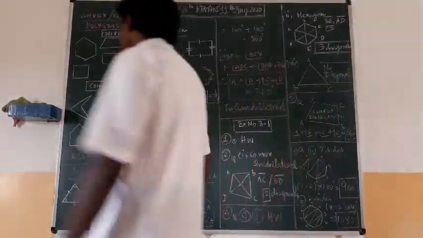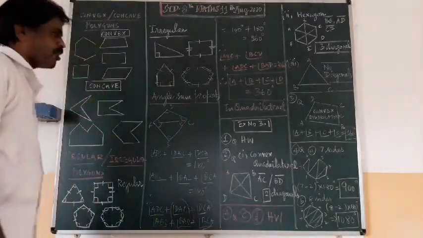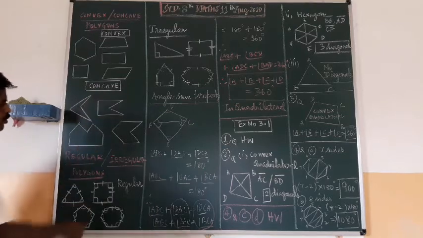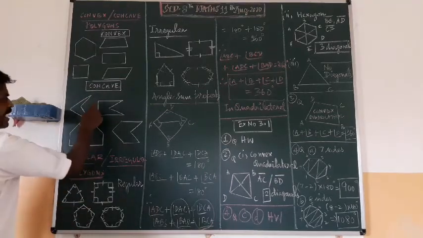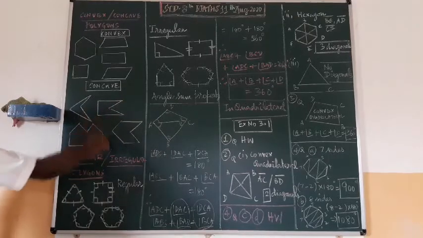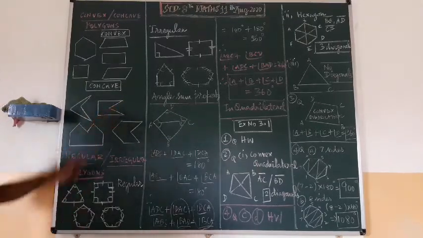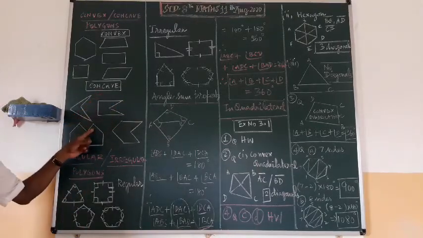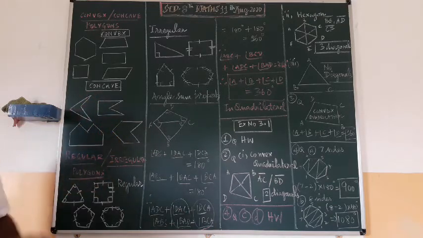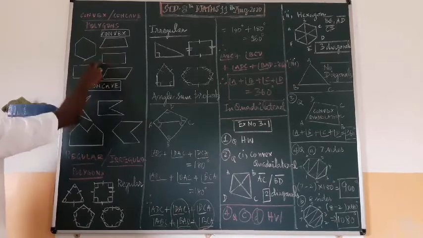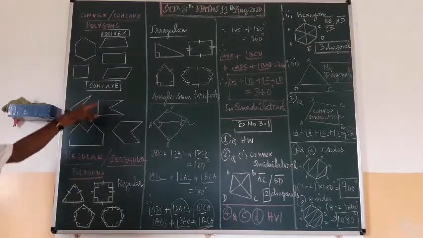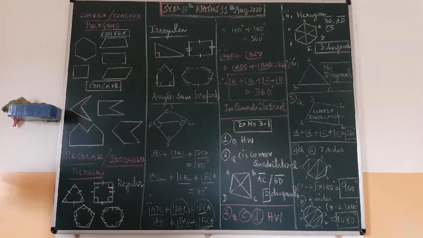Another one is the concave polygon. One side, you see, will be going inside. The other three sides will be regular. One side will be in a V shape, going inside like a cave. That's why it is called a concave polygon. A polygon has a number of sides, more sides. So it is a polygon, but here it is in a depression form. So cave shape is there, so we call it a concave polygon.